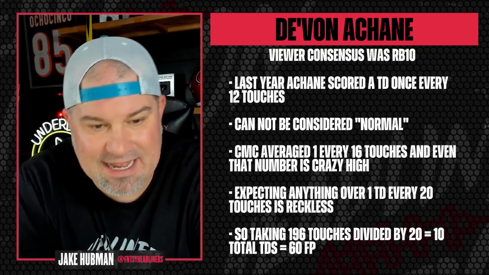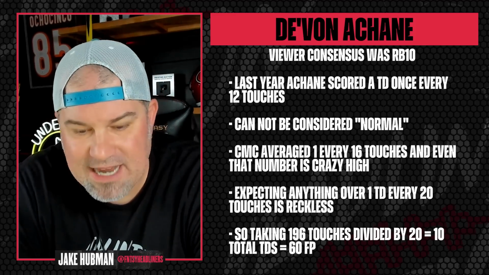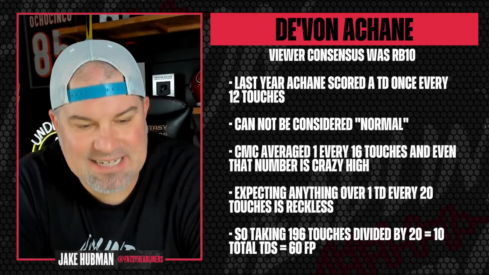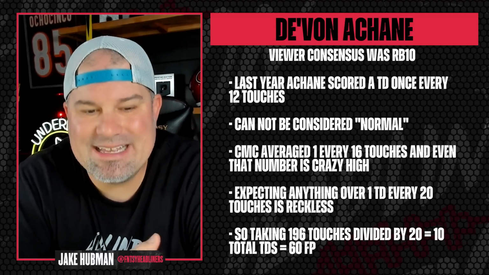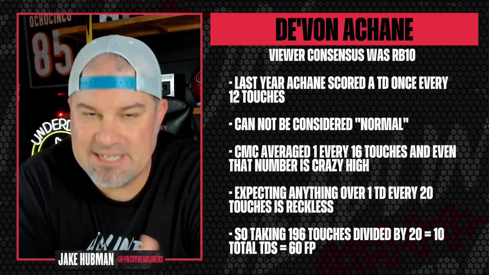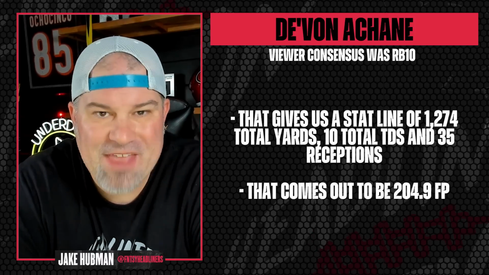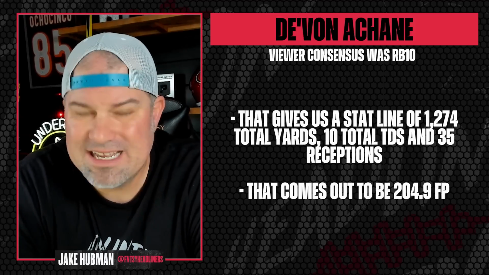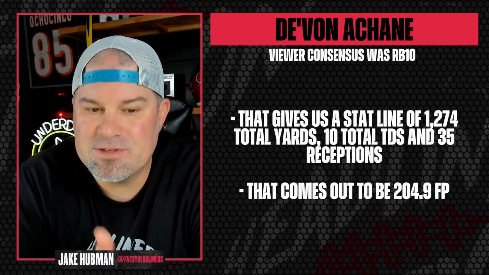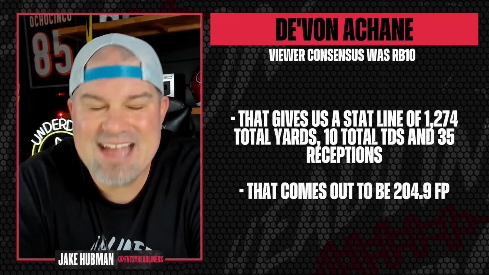Coming into a season like this and expecting anything more than 1 touchdown per 20 touches is absolutely reckless. So if we take the 196 touches and divide it by 20, it gives us 10 total touchdowns, or 60 fantasy points, 6 points per touchdown. That also gives us now a total stat line: 1,274 total yards, 10 total touchdowns, and 35 receptions. That seems very realistic for a player of the caliber of De'Von Achane, but that comes out to be